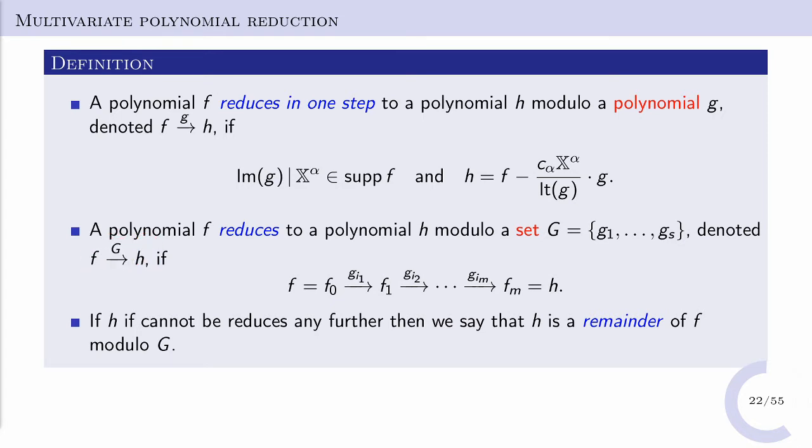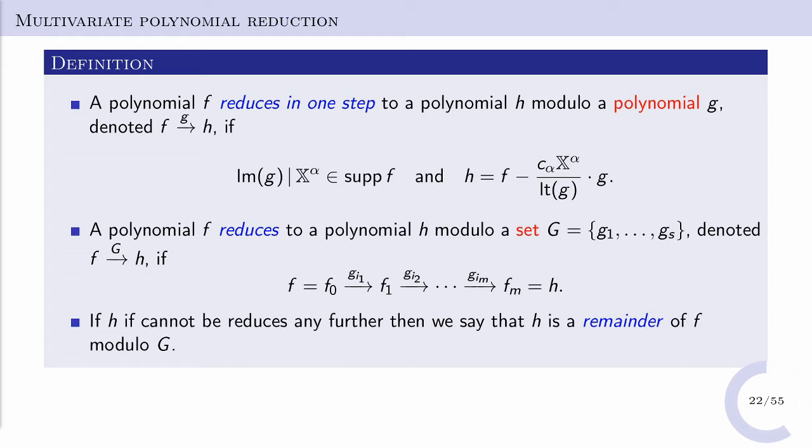If f reduces to f1 modulo one of these polynomials, this one reduces to f2 modulo another polynomial, and so on and so on. And finally, we arrive at polynomial h. The polynomials here, modulo which we reduce in a single step, don't need to be all the polynomials of G. They don't need to have any special order. We can select them in whatever order we wish to. So we can first take say G3, then G1, then G7, and then G1 again, and so on and so